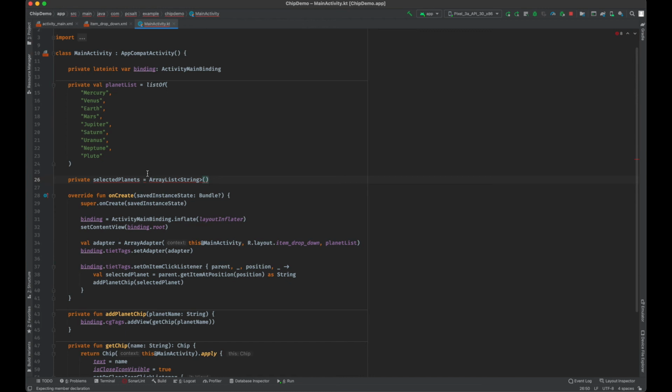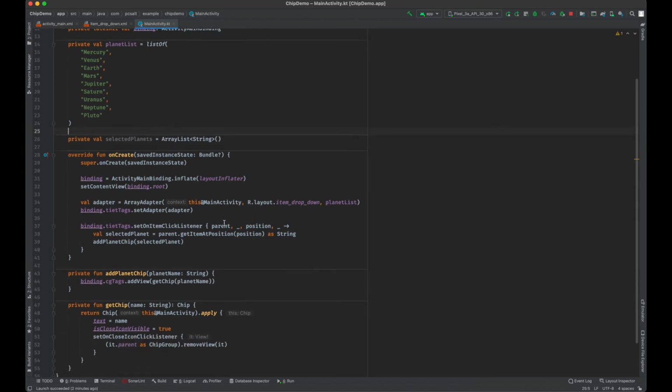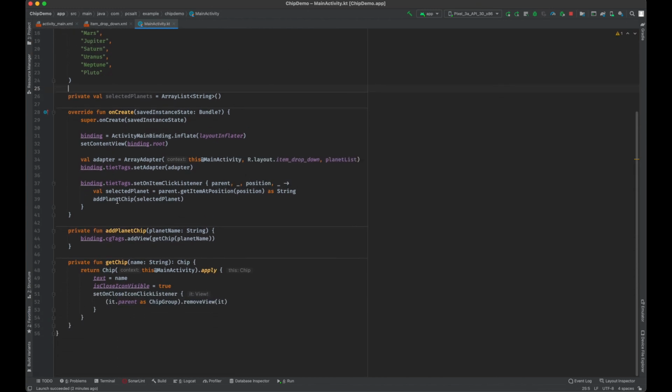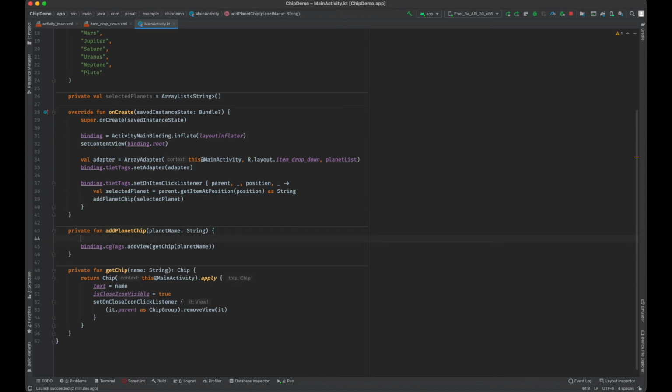Again, I forgot to put the val. Okay, so whenever we click on the list item, first we will add it to the list: selectedPlanets dot add the planet name. Whenever we close the chip, we will remove it from the list so that it can be added later.